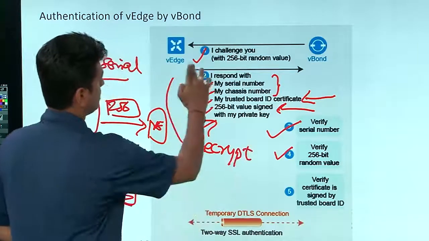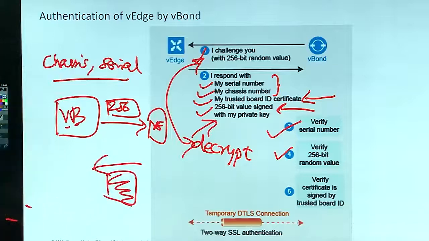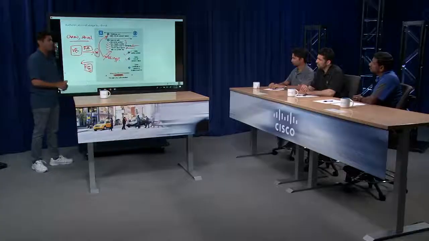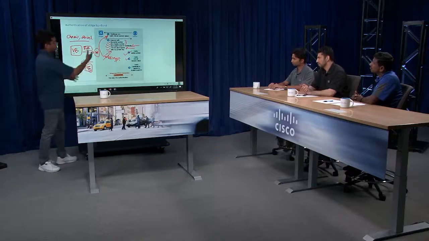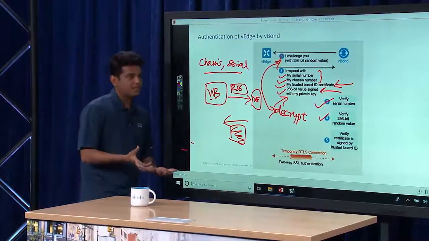And if he finds out this and this to be the same, that means the challenge that I sent and the challenge ACK that I received is the same. That means you are authenticated at a certain level. He can authenticate because he has the public key already. Yes, he has the certificate, the board ID certificate already, from where he would be able to extract the certificate,